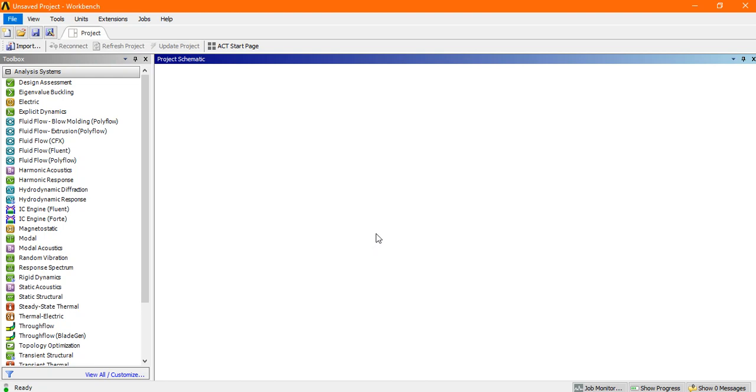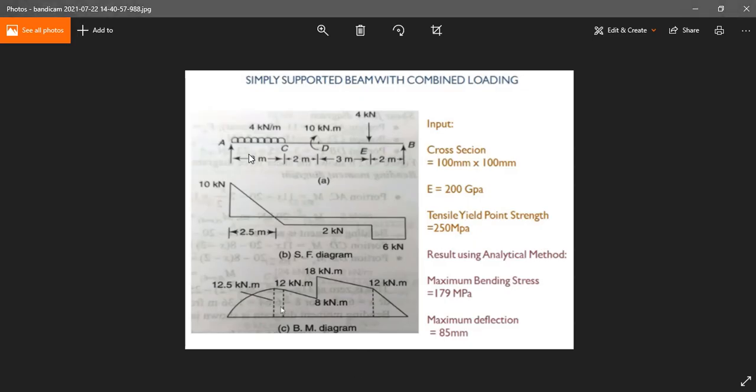Hello friends, this is another example of a static structural analysis. In this example we will discuss how we apply the point load and how we apply the moment in a simply supported beam. This is our cross section, 100 by 100,